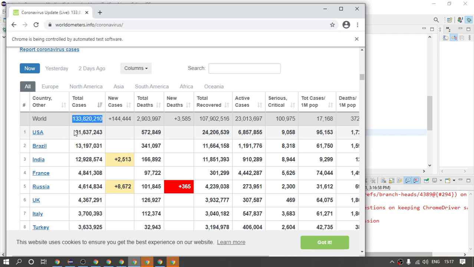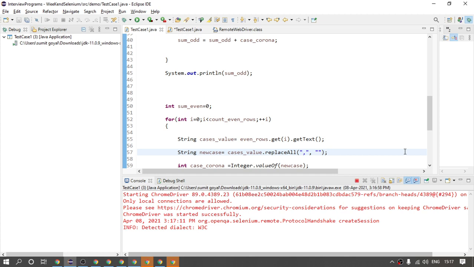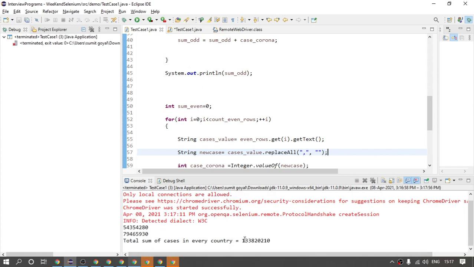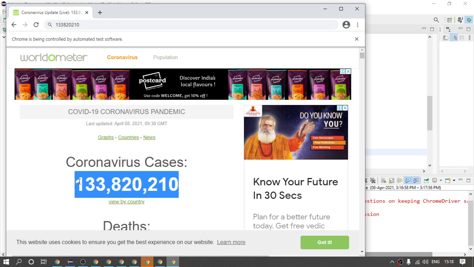So to do that, I am keeping a check where I can add all the numbers, and after that we should get the correct result. So let us see this time. First it has printed this one, and then the second. Okay, so this time you can see the number we got is the same as this one, right? 133,820,210, which means our website is able to display the addition of all the cases in each and every country